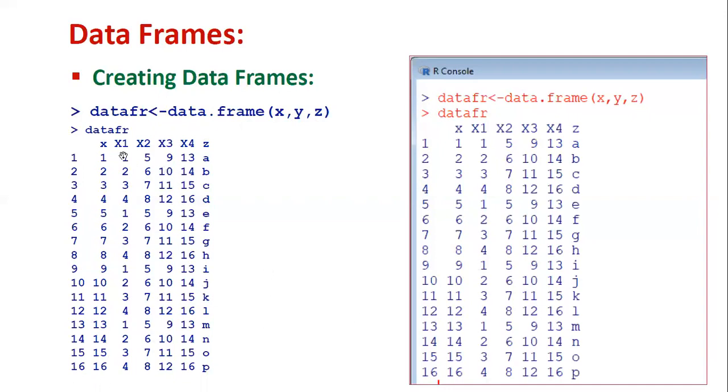Here you can see x1, x2, x3, x4. That is columns 1, 2, 3, 4. Then the first 4 rows, 1, 2, 3, 4. So this portion is the first 4 by 4 matrix. Now you can see 1, 2, 3, 4, 5, 6, 7, 8, 9, 10 and so on up to 16. This is one 4 by 4 matrix. The same matrix is repeated till the end of the 16th row.